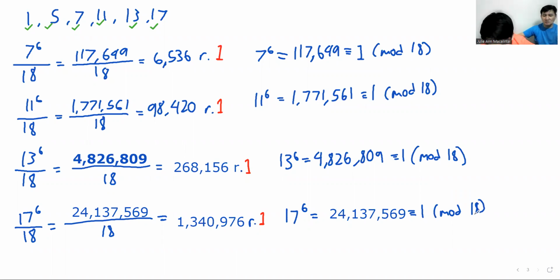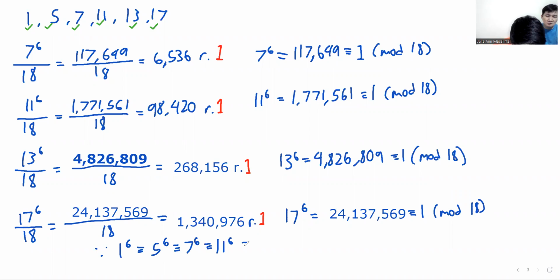Since 1 to the 6 is equivalent to 5 to the 6, which is also equivalent to 7 to the 6, which is also equivalent to 11 to the 6, which is equivalent to 13 to the 6, and equivalent to 17 to the 6, that is equivalent to 1 modulo 18. Other forms of 1 modulo 18 could be